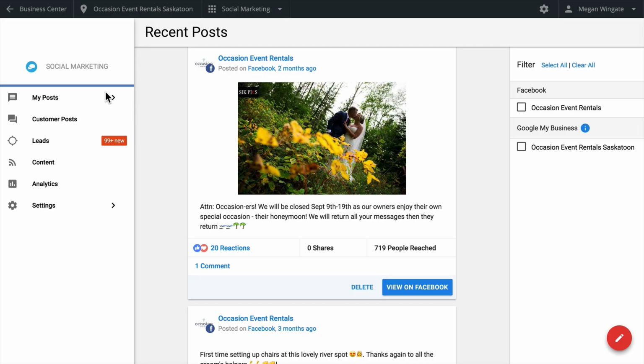Take control of your business's Facebook, Twitter, LinkedIn, Google My Business, and Google Plus profiles, all from one place. Welcome to your social dashboard. This unique social media marketing solution allows you to effortlessly compose and schedule engaging posts to multiple social profiles simultaneously,